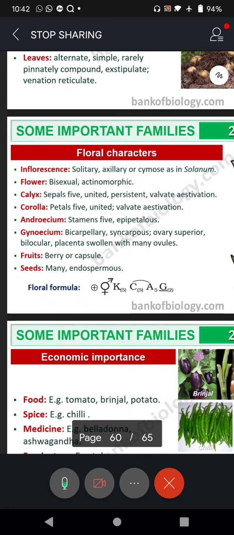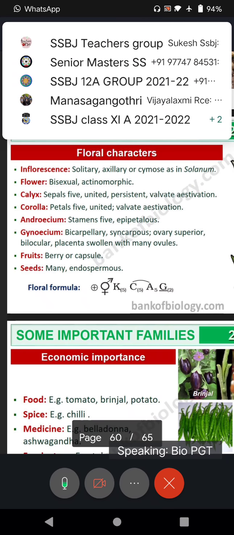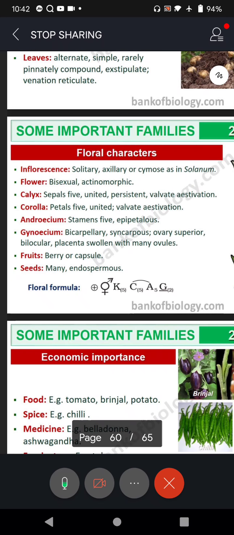Here we are picking up the first letter of the word corolla, C. So in that, how many? What is corolla? Corolla is petals. A group of petals is corolla. How many are there? 5. Are they united? Yes, they are united. And under aestivation we studied all this. Remember yesterday's class, aestivation. So within that, the 5 are joined together. Then we put the 5 within brackets. So we say C5 and we put brackets for that number 5.